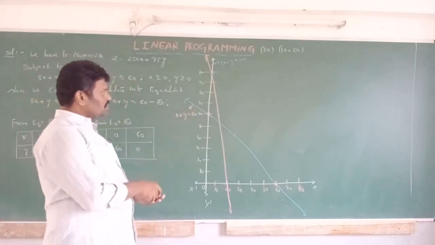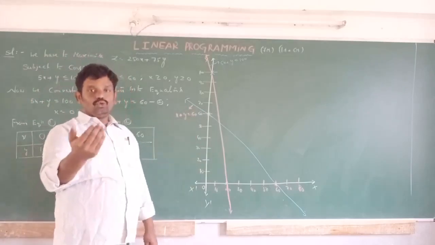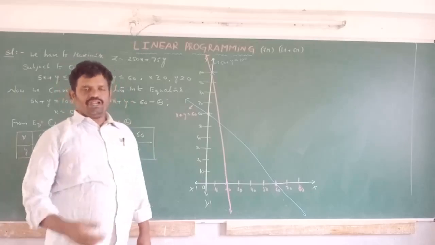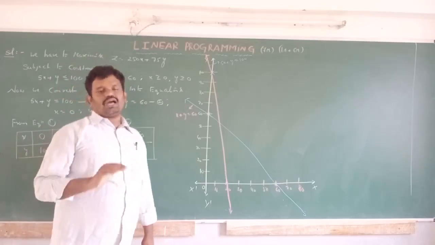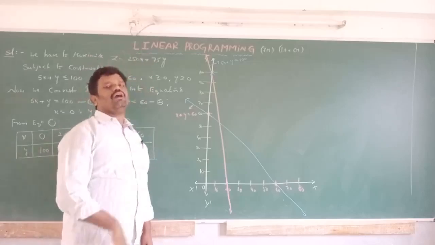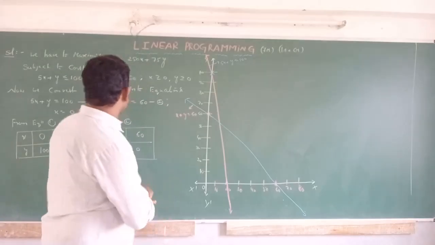Now if we want to draw the shaded portion, as you learned in first year how to draw the graph: if the inequality satisfies the origin point, then we draw towards the origin; otherwise, if the inequality does not satisfy the origin point, then we draw away from the origin. So like the first inequality, with the origin, is 0.